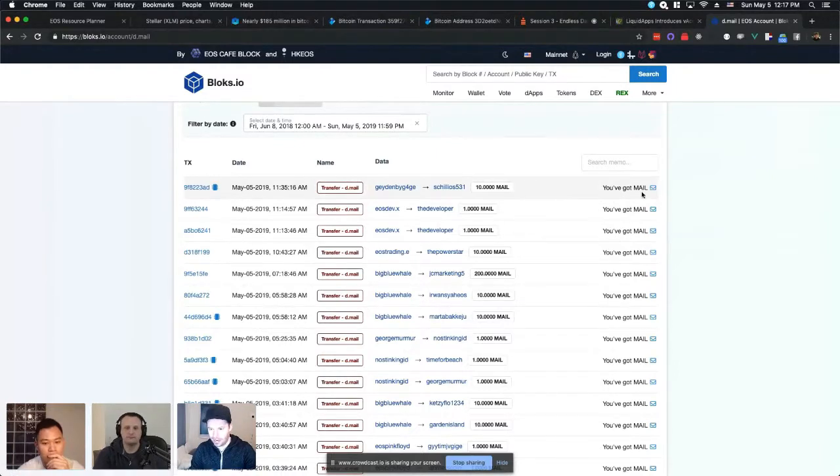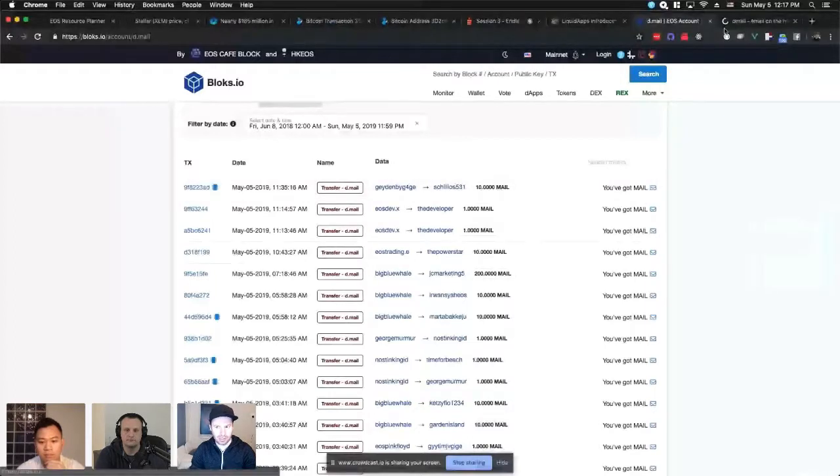And Blocks just added this little integration. I don't know if you can see this clearly or not, but I was really excited about this, because I haven't seen this before. It's almost like they're adding rich information to memos, detecting what's going on. I really love that. I think there's a lot of potential in developing a richer memo system. And even memo spam was something that inspired me to build this product, because I saw that if you go back in history on email,